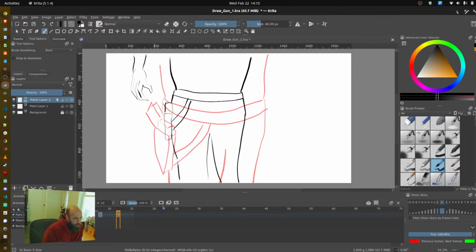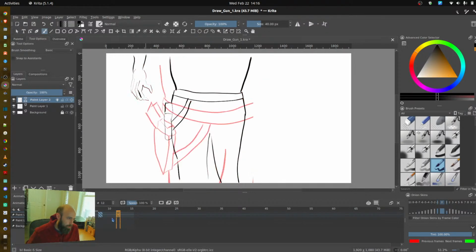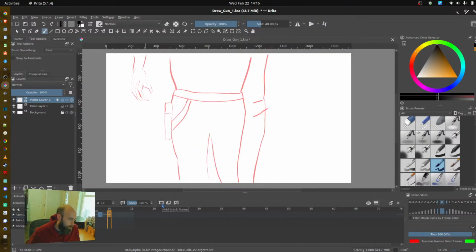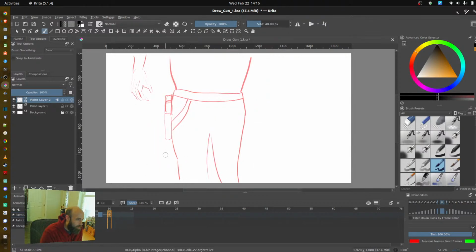Alright, a few more frames ahead. Which is actually probably going to speed this up because the motion's going to get very rapid. So let's make that a lesser hop. Oh, and also, there's no gun in that holster. Let's fix that. There we go. So the next motion really is just